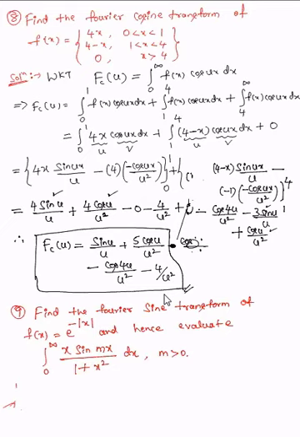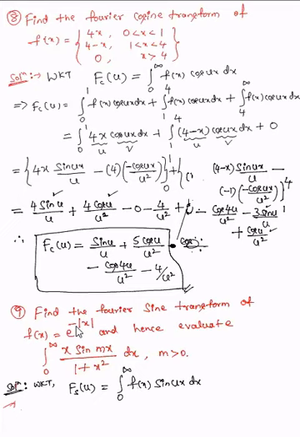So this is the 9th problem here. I want to find what is the Fourier sine transform for this. So let us see how we can find the sine transformation for this one. I'll go to the solution. Right. So we know that the Fourier sine transform formula is fs of u equals integral 0 to infinity f of x into sin ux dx. So this is the Fourier sine transformation formula as we know. So this is cosine and this is sine. And now we have to substitute f of x. What is f of x here?